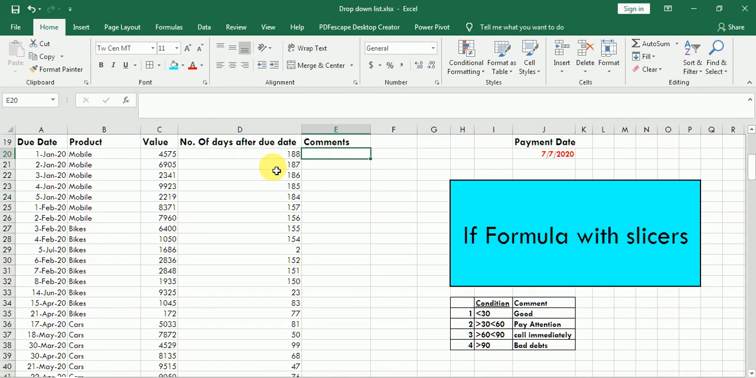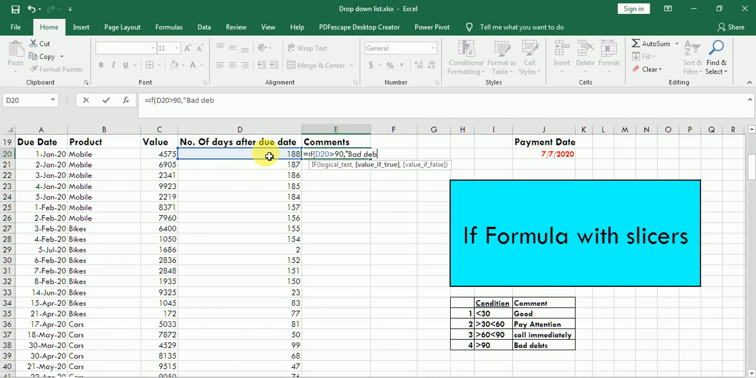Okay, now we will comment on the basis of the number of days after due date, whether it is good, bad, or pay attention. Now the formula will be equals to IF this cell is greater than 90 days, then comment bad debts. If this cell is greater than 60 days, then comment call immediately,